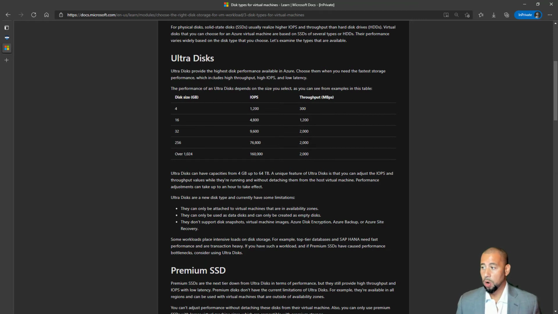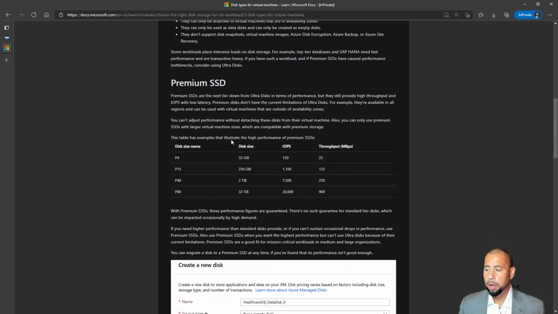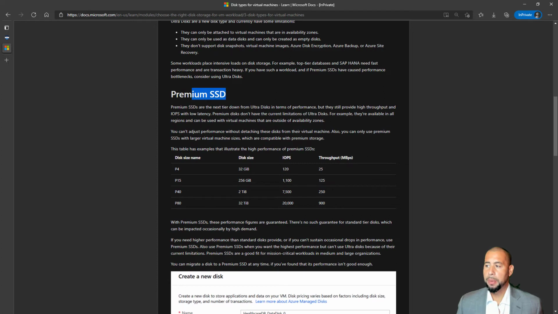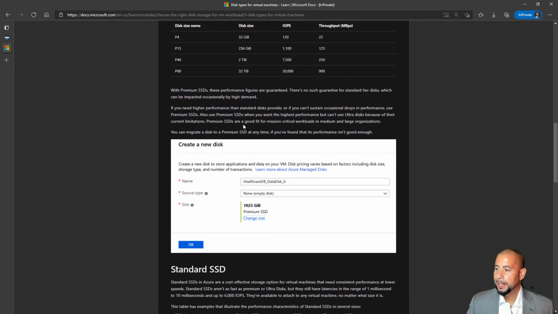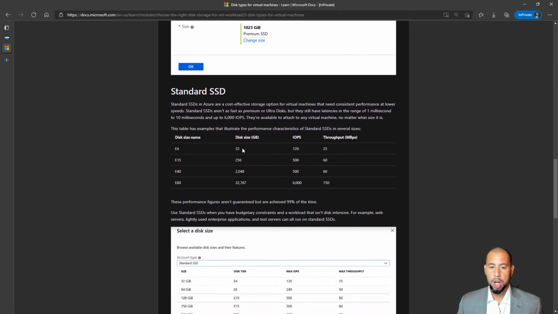There's ultra disks for super high IOPS, low latency workloads. And you can see the throughput and the IOPS there. And then you have premium SSD, which is one step down. Generally, you'll use this for production workloads. You could probably get by with standard SSD, but when you use premium SSD, you get an SLA tied to the workload, your virtual machine, with that. So like I said, for production workloads, you're probably going to want to stick with premium SSD for that. And then we go down to standard SSD, and that's going to be third on the list as far as